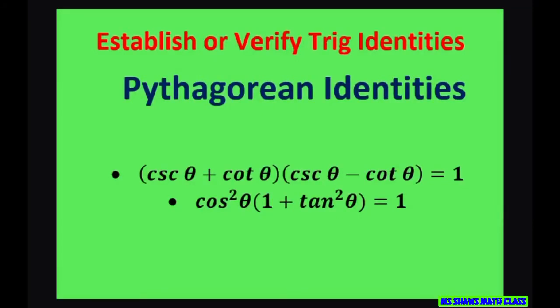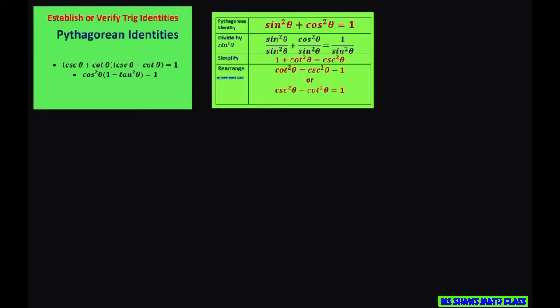Everyone, we're going to establish or verify the trig identities given here, 1 and 2. So we're going to be working on the left-hand side because there's no way we can figure out that 1. The first thing I'm going to do is look at this one, and it has this form, a plus b